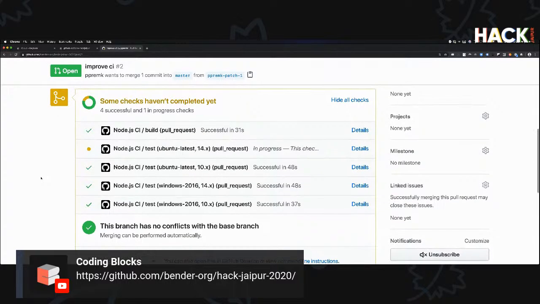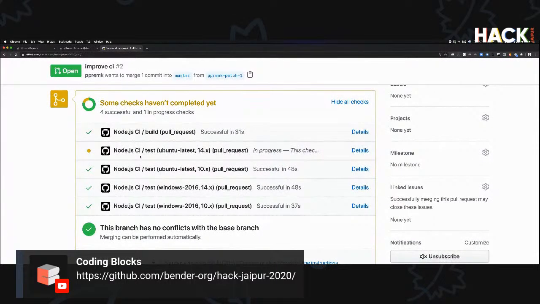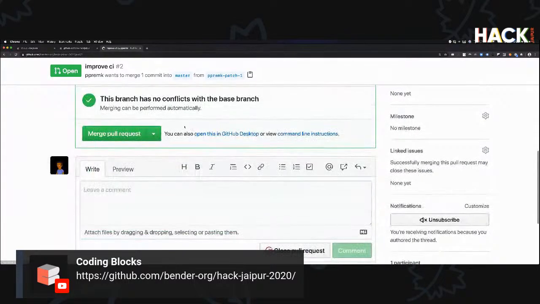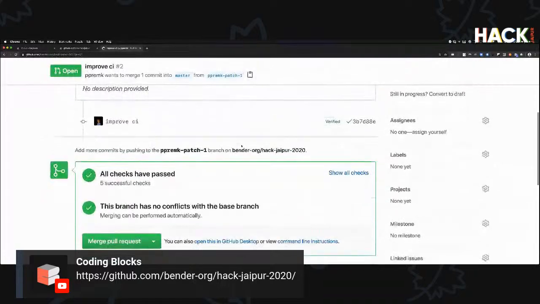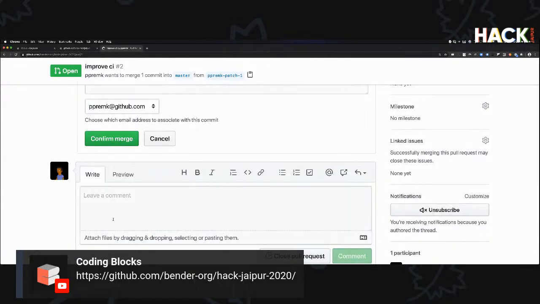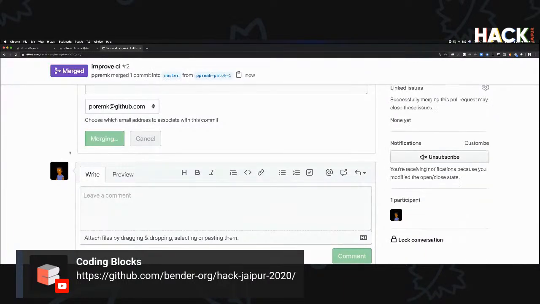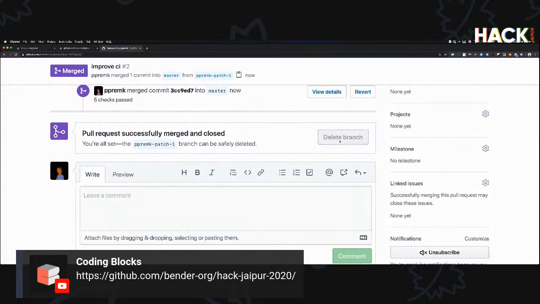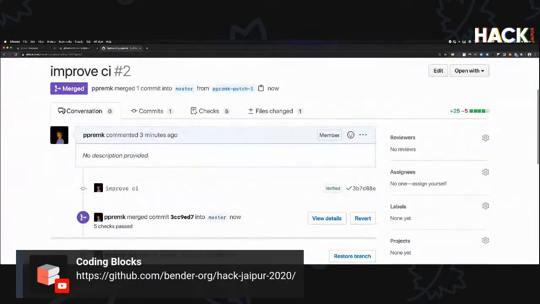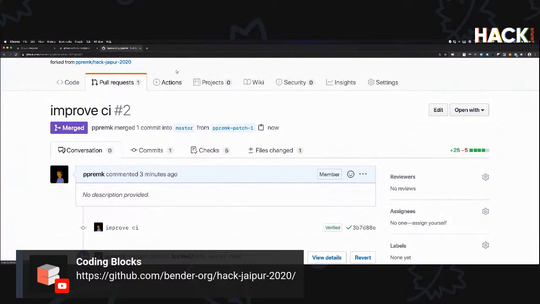So let's wait for this particular job to complete. And you can see that now all the jobs are working fine. So we could merge this pull request. I'm just going to confirm the merge. Let's say delete the branch. And then you can see that this is just one simple example. And if I were to go into the Actions tab,